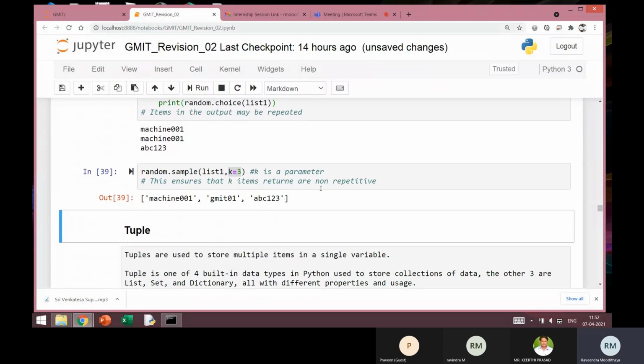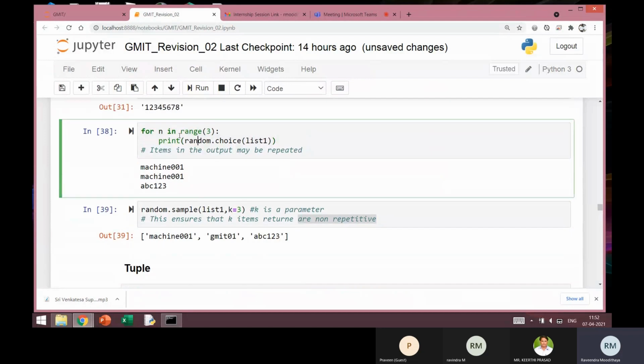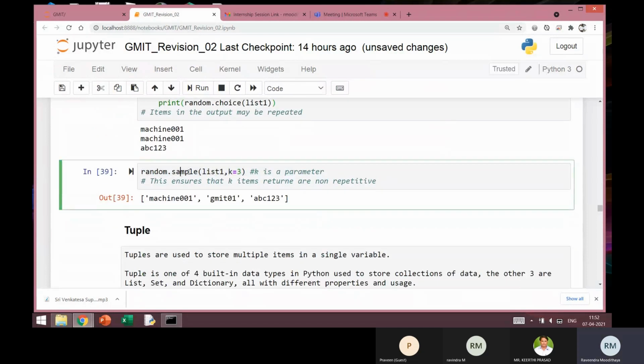So one advantage of using this is the output will be non-repetitive. That means none of the 3 elements will be repeated. That is the advantage compared to the other approach. With that one, you can also do some more lines of coding to ensure that non-repetitive output is produced, based upon what has already been produced, you can just re-execute. It's possible to write it under program control, but here it is not required. So that's the advantage of this sample function.